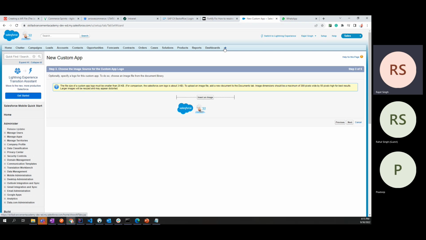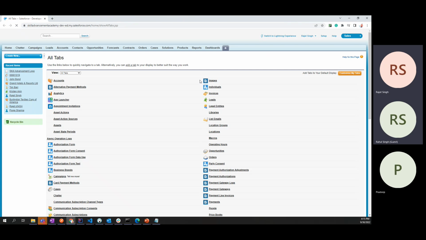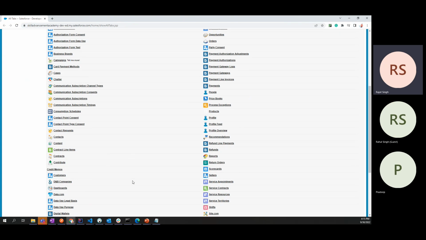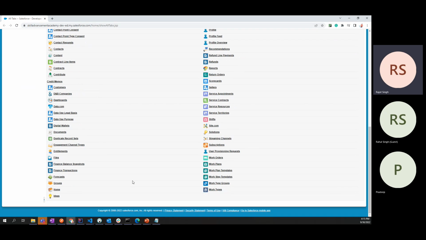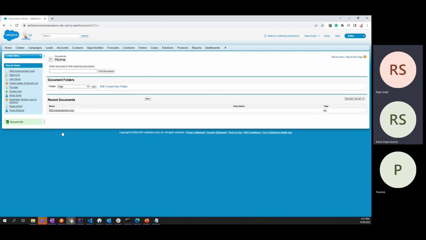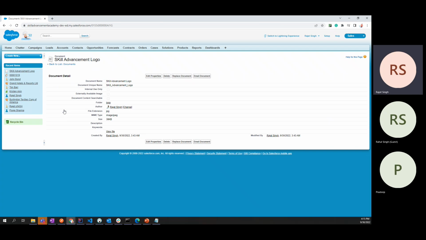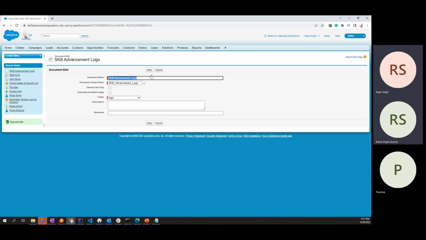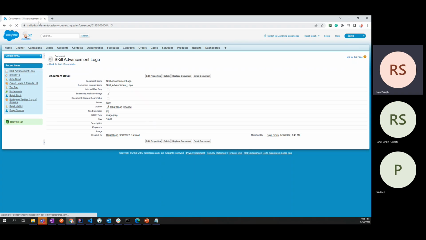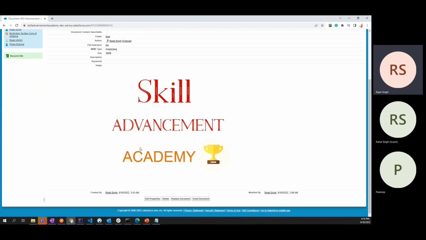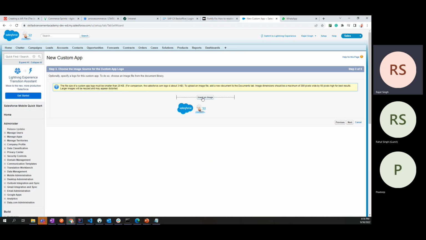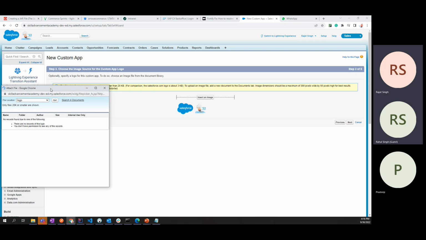So what you can do is we will open a new window, and here we will go back again into documents. Where is our documents? This is our documents. And let's open this logo. Edit, content searchable. Okay, yeah, that's what we did. Actually, this image should be externally available, so that's the reason it was not coming. So now we have selected it, and if we save it and close this, now this is opening. Now if in our application we just insert it,